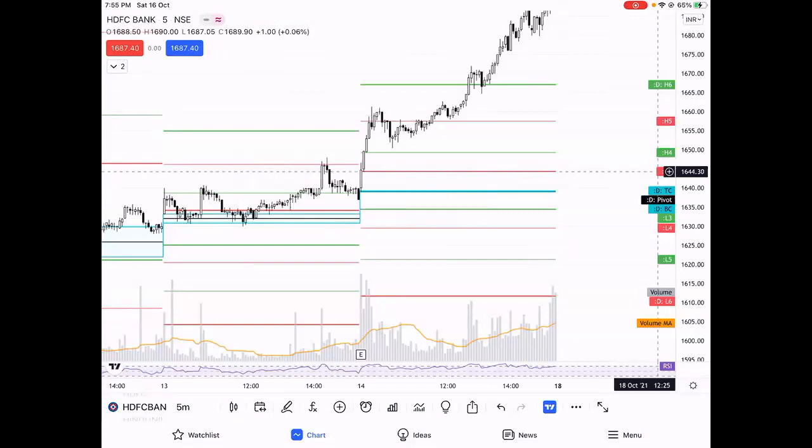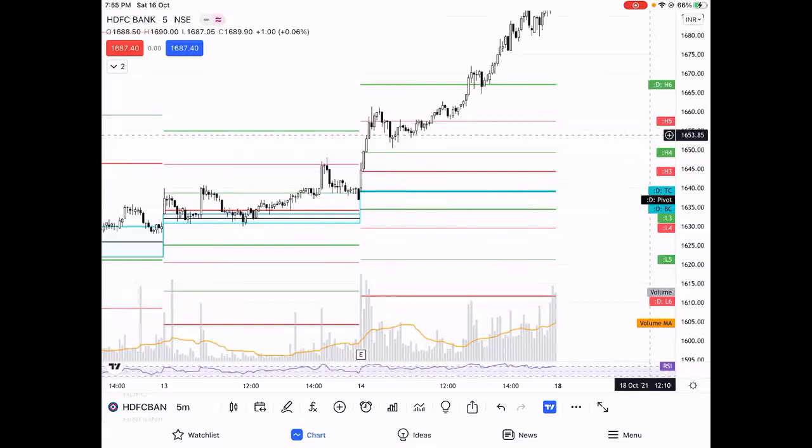Now, till now, what do we have? First, the CPR is narrow, so it is a trending day. Second, the 2 day CPR relationship is ascending, so it is technically a bullish trending day. Third, it took out H3, so it is generally in a trend continuation. Fourth, it took out H4 too. So technically now we are in a super bull momentum